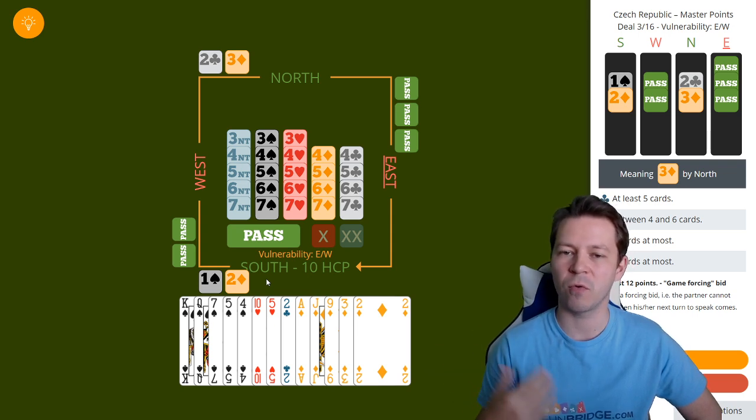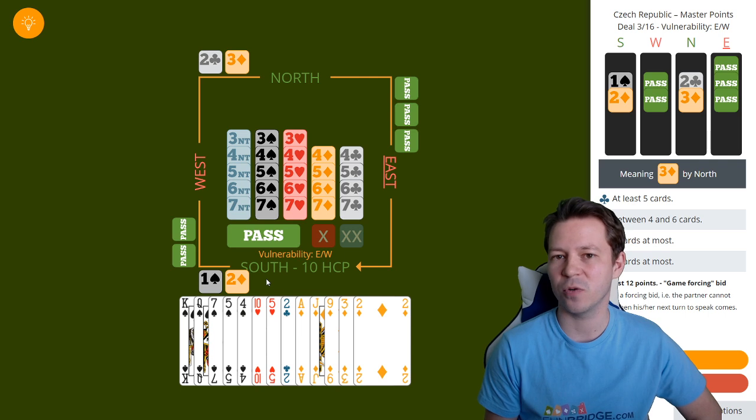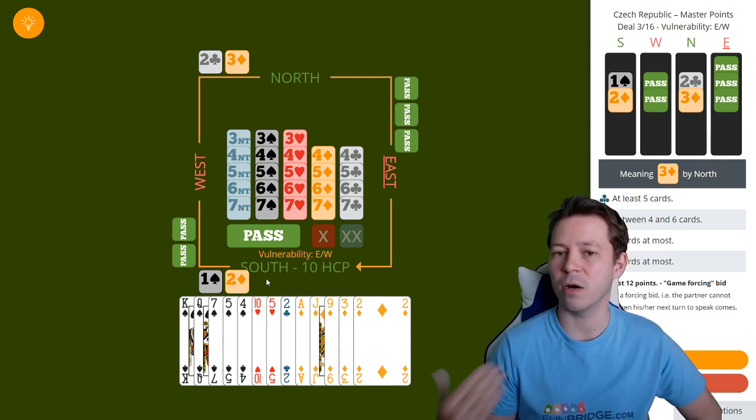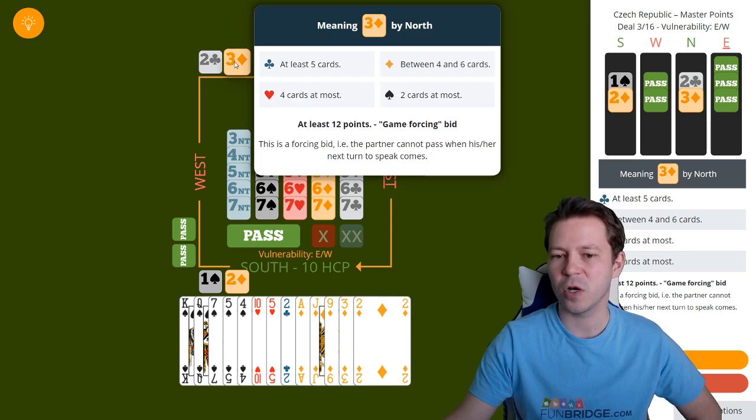Sometimes you might have a really strong hand with 5-5 and 4 losers, but opposite a game forcing hand, that should be already bidding into a slam. So I might bid 2 diamonds first, and later on, when partner signs off in no trumps, I might go to 4 diamonds. In this particular board, partner raises 2 diamonds to 3 diamonds, which actually shows a game forcing hand with a full card fit,